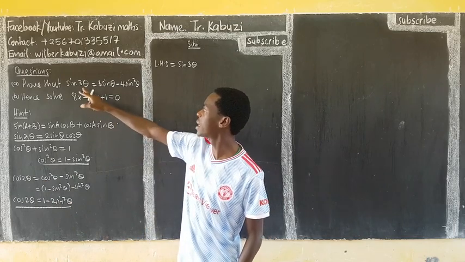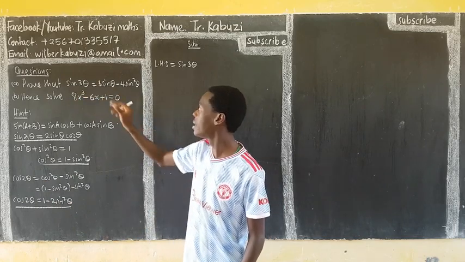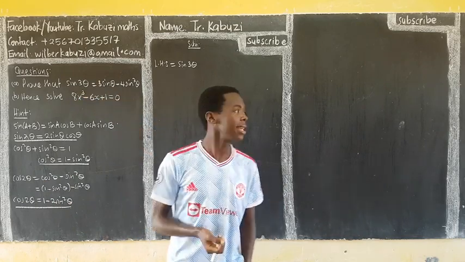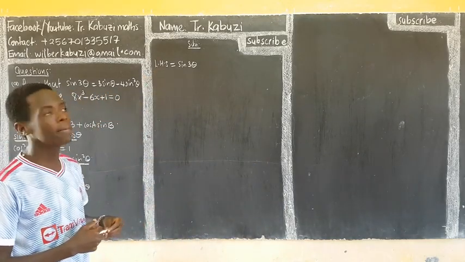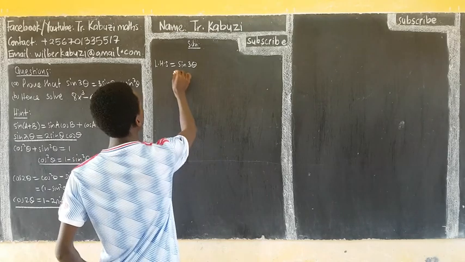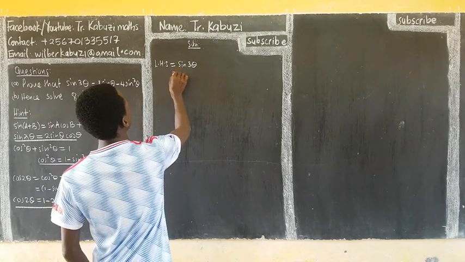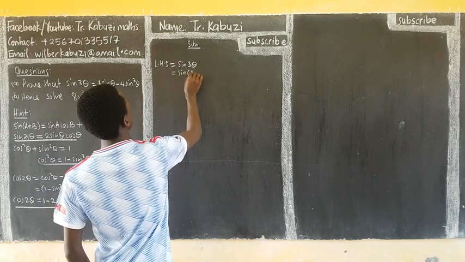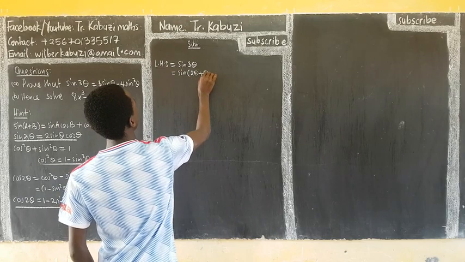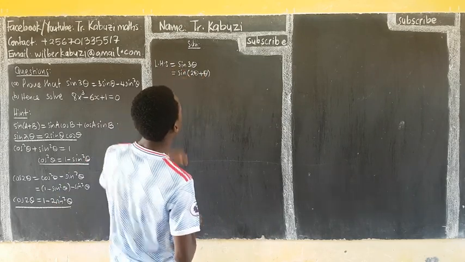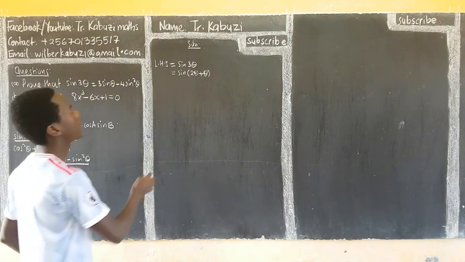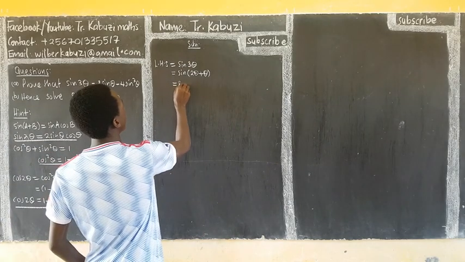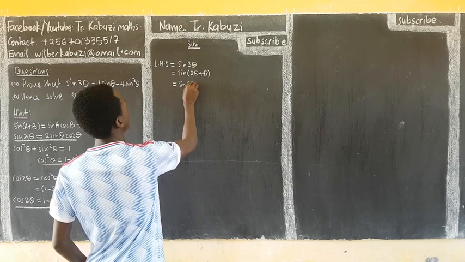Now, I'm going to consider this as the left-hand side and this as the right-hand side. So if I have this now, here, I'm going to expand this. You know that this is the same as sine of 2 theta plus theta. If you add this, you go back there. Then I bring in this idea. I expand it in this order. So this is going to be now sine 2 theta